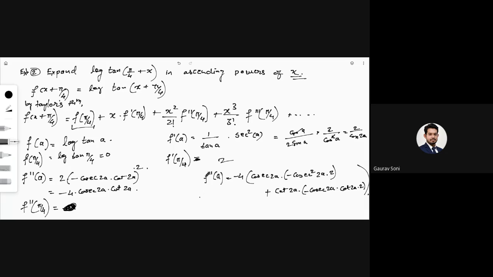Please see the derivative, I may make a mistake there. So f triple dash of A is equal to